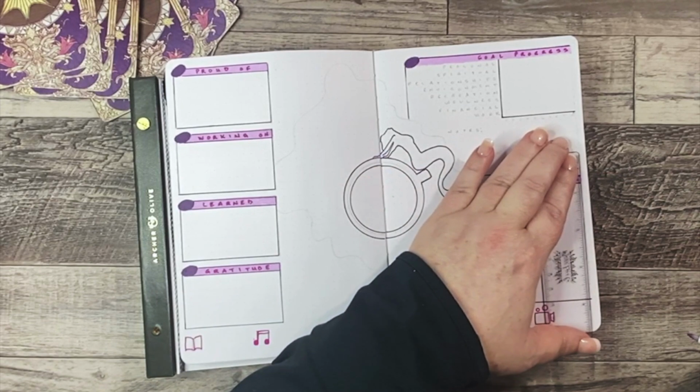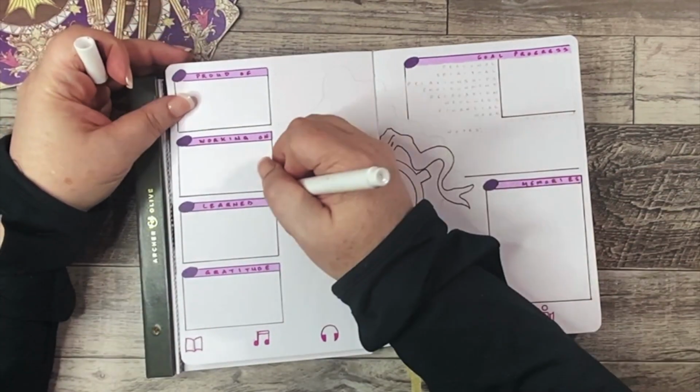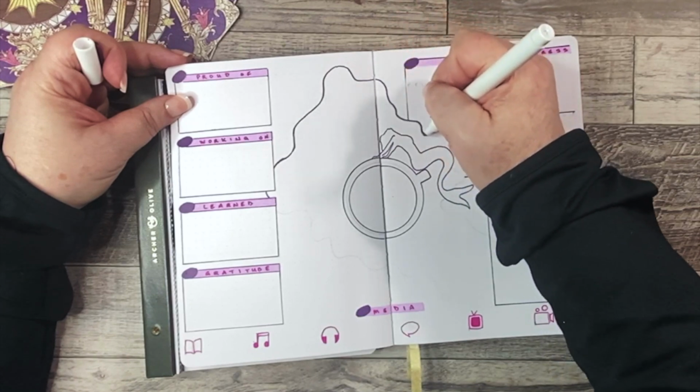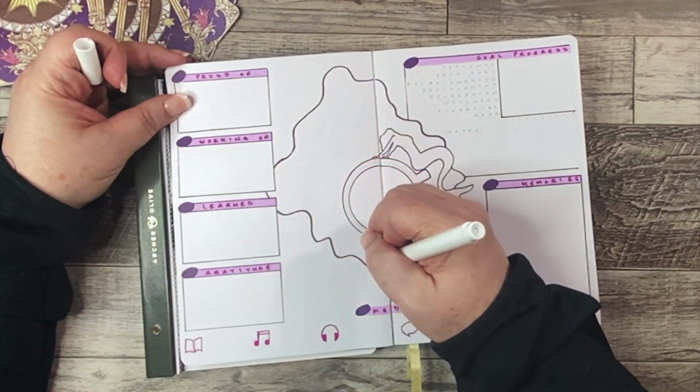And then I did decide to go ahead and block in these categories. I originally wasn't going to do that, so I came along afterwards and added in the blocks. And of course, we still need the element of the spilled galaxy coffee, so I am sketching in that outline